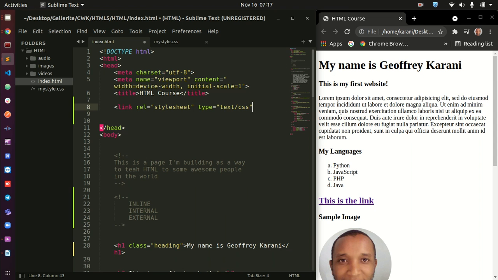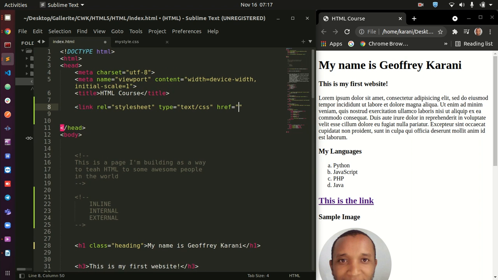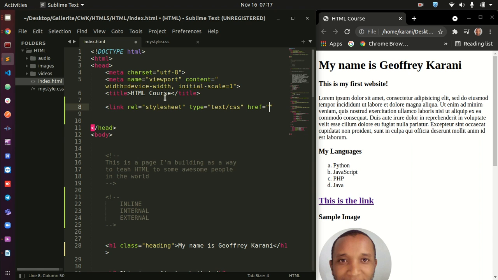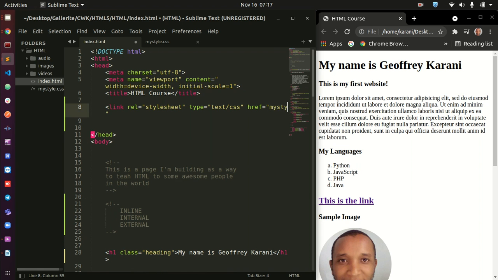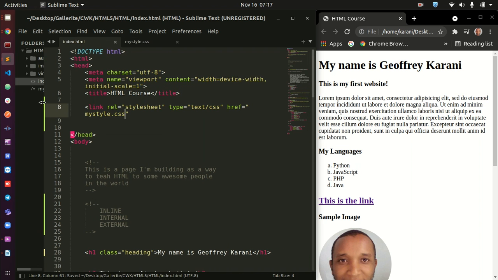That is very important. And then you are going to give a hypertext reference. Now you don't need to cram this. They are all over on the internet, and the other beauty is that the moment you write one, you can copy paste it and then you just change this. Hypertext reference is what is very important because it contains where our file is located, and therefore I'm going to just give this the name of my file here, which is mystyle.css. Right, nice. This is this file here.